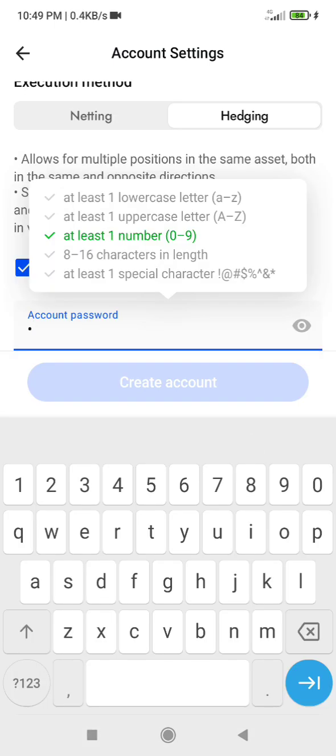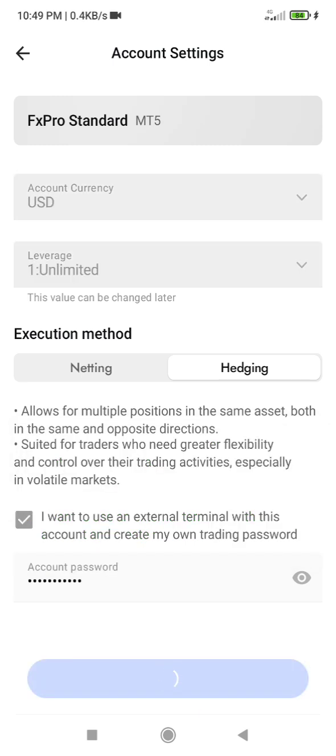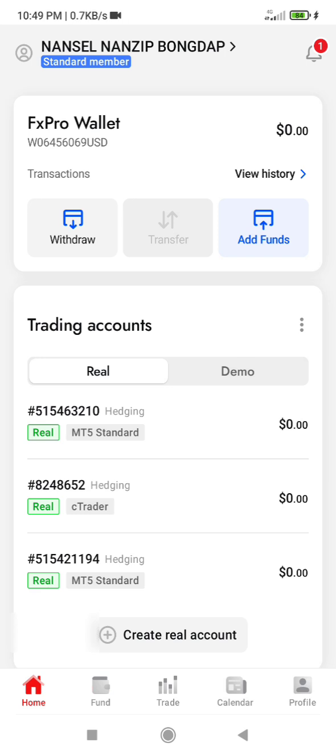Once you click this, it will ask you for an account password that you can connect to the MT5. Just enter the password that you want to connect to the MT5. Once you add the password, ensure that it has at least one lowercase, at least an uppercase, a number, and then any special character, and it should be 8 to 16 characters. Once you have selected all of these, click on create account,